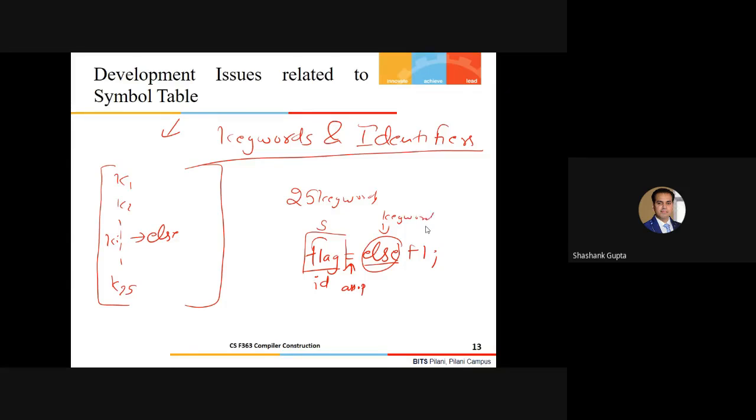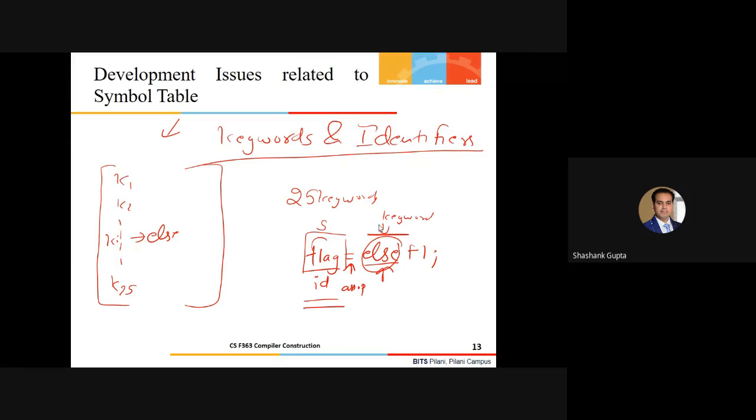So the answer to the previous ambiguity is that the symbol table will be initialized beforehand with the appropriate list of keywords. Whenever you are scanning in the tokenization part, you have to perform a lookup before taking the decision. If something matches the existing list of keywords, you say it is a keyword rather than an identifier. This is how we technically resolve this particular issue.